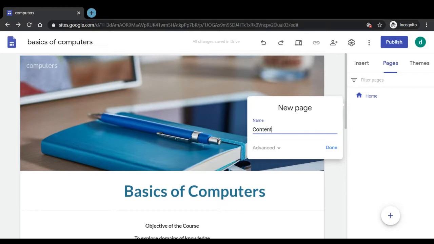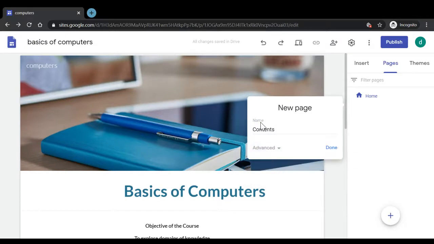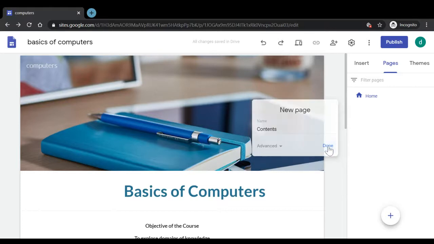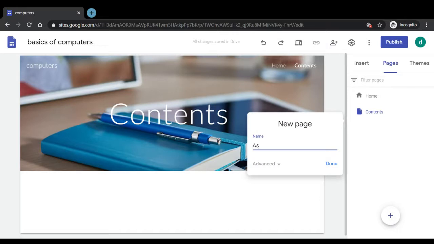On the very first page, we can mention the contents. We also have some advanced options where we can mention a custom path as well. For now, let us just stick to mentioning the contents and we can click on done. Then we can also create another page where we just want to mention about assignments.